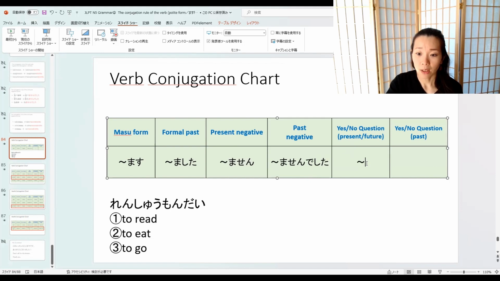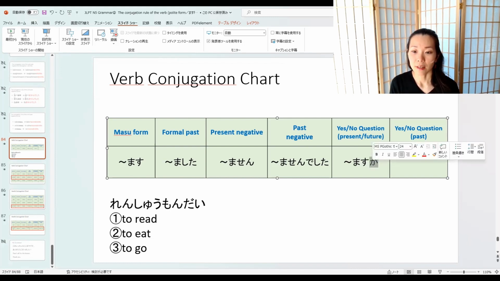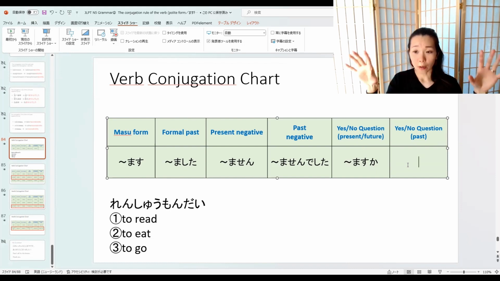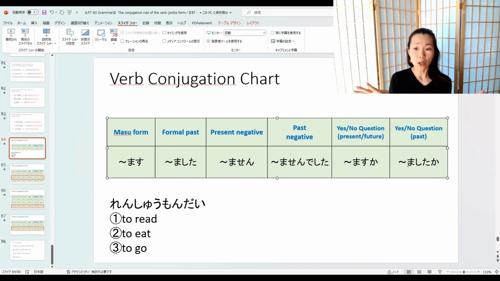Like a wavy one. ます、か。ますかってね。So that か makes it a question. Then you add か to the verb ます, so that becomes a question ね。Then past. Did you do something? That would be ましたか。